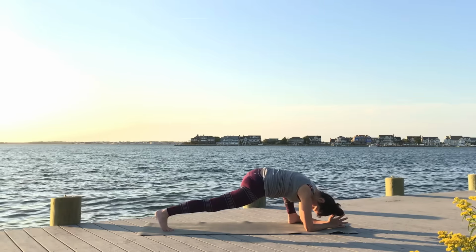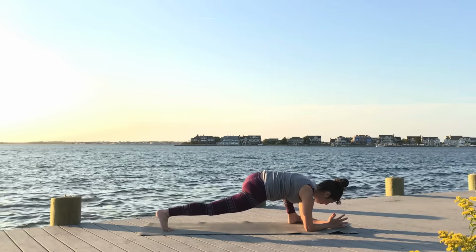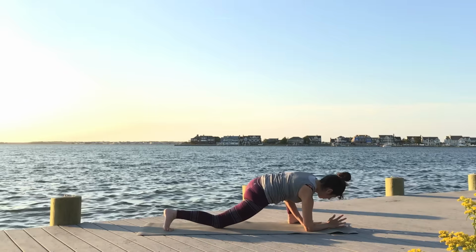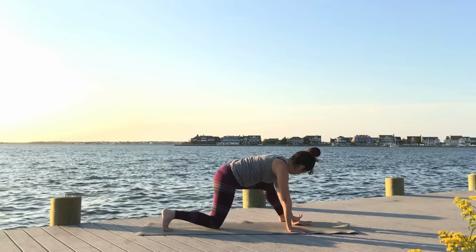Lengthen all the way to the crown of your head, creating space, and rock forward and back a few times to stretch out through the muscle fibers a little more. After a few breaths, bring your knee down, come back up onto your hands, and send the left leg out